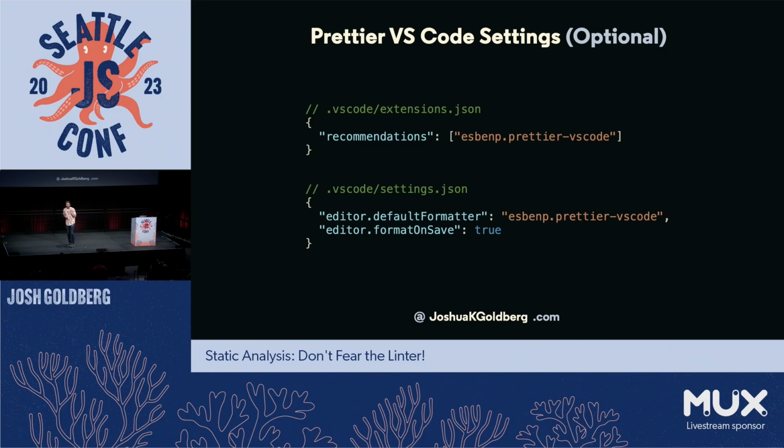For starters, every formatter, every common tool that we'll see today has a very good VS Code extension and equivalent in other editors. You don't have to use VS Code to be a web dev. It just seems like everyone is these days. So Prettier has a really good extension you can use. I also recommend in your VS Code settings, which is something you can also check into your repo, set it as the default formatter and enable auto format on save.